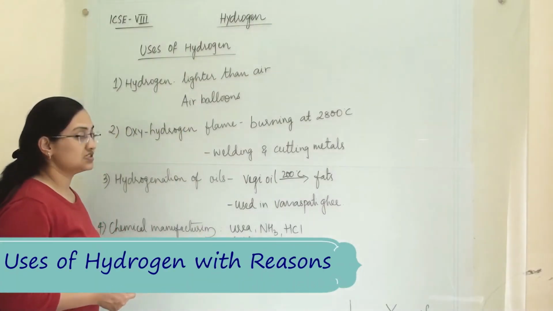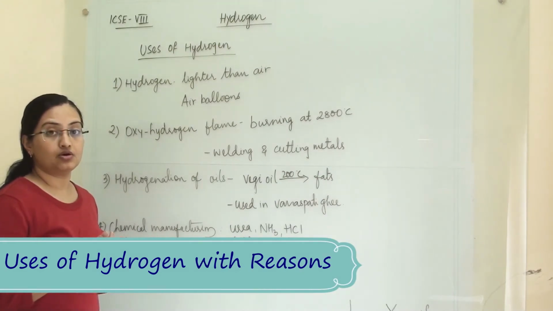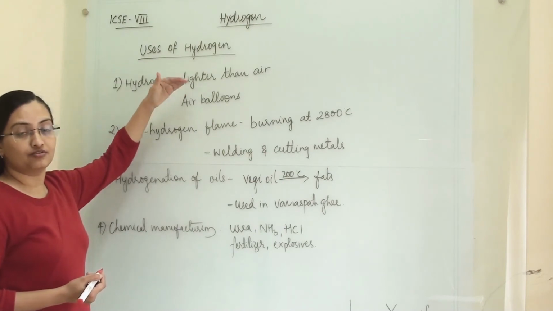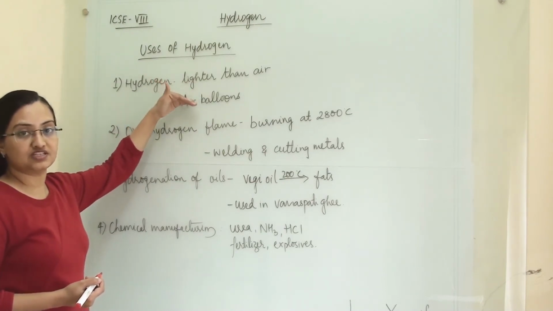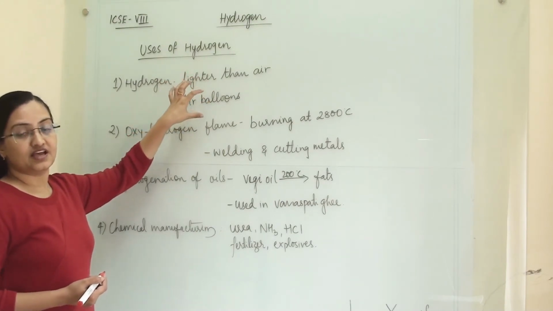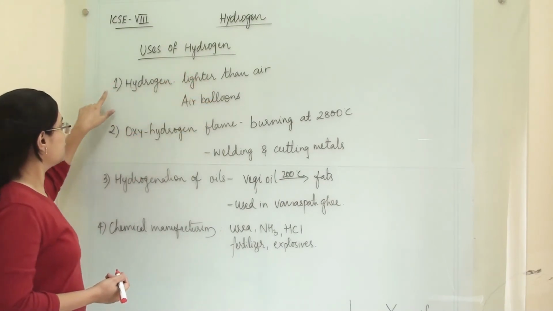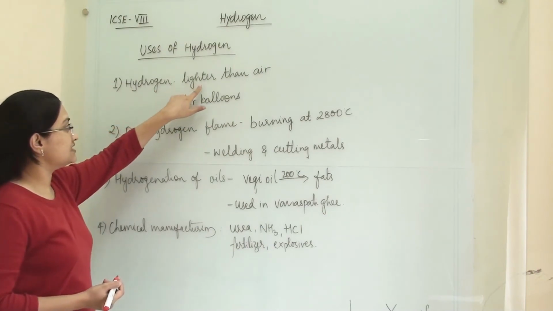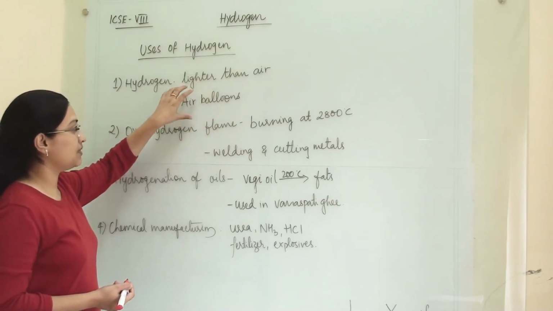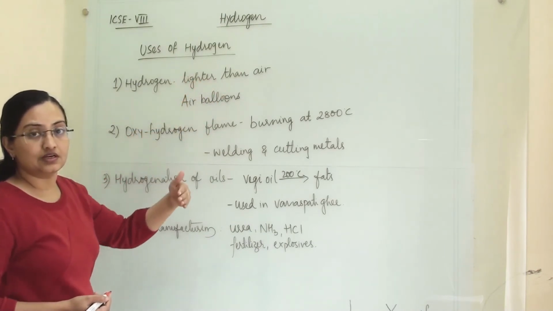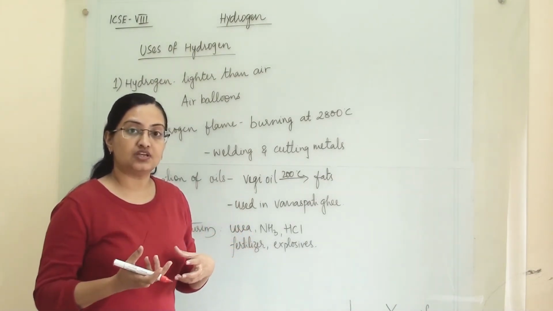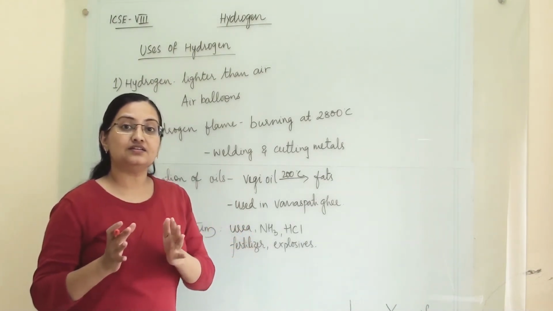Here, when we are discussing the uses of hydrogen, we will also learn the particular chemical or physical property of hydrogen because of which each use has been possible. First, hydrogen is lighter than air. We use this quality in making air balloons. Later, when we discovered that a hydrogen-air mixture is explosive in nature, we discarded this use,